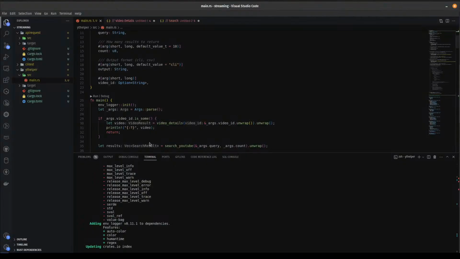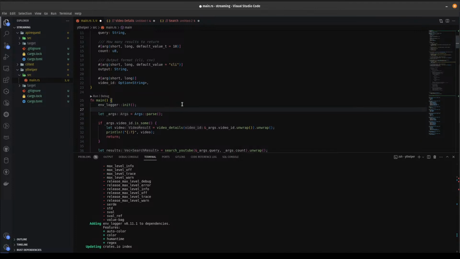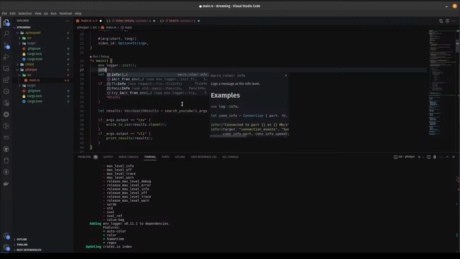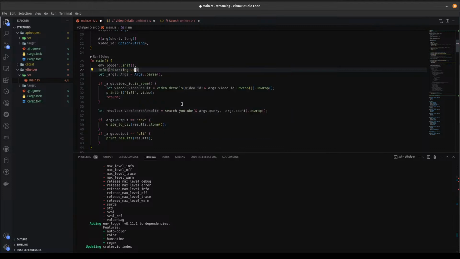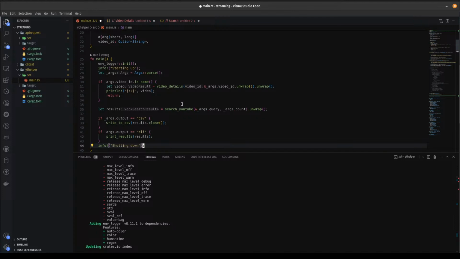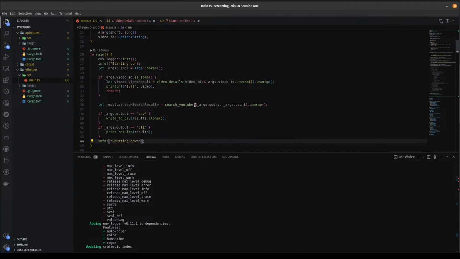So let's do some of these statements here. So let's go with, okay, we've been in, so then we're going to do, is it info? Yeah. Info, starting up. There we go. And info, shutting down. I like it. Okay. So we have our main, so we should get that information, except we haven't set a